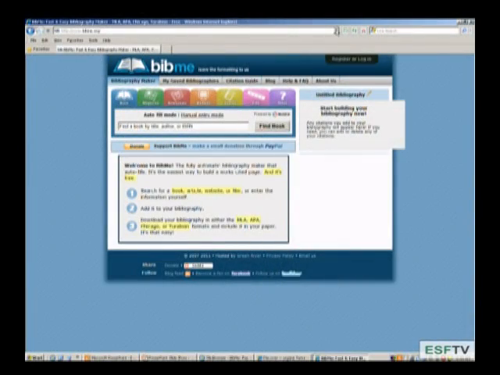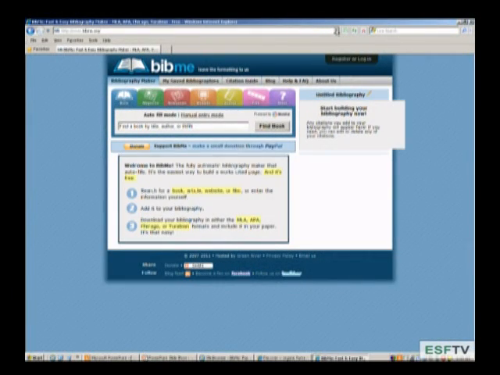We're going to look at BibMe. BibMe is a free online citation generator. So what this service does for you is, while you're doing your research in your library catalog or your journal article database, you also have BibMe open. So you can come to BibMe and you can say, I'm using this particular style and I would like to cite